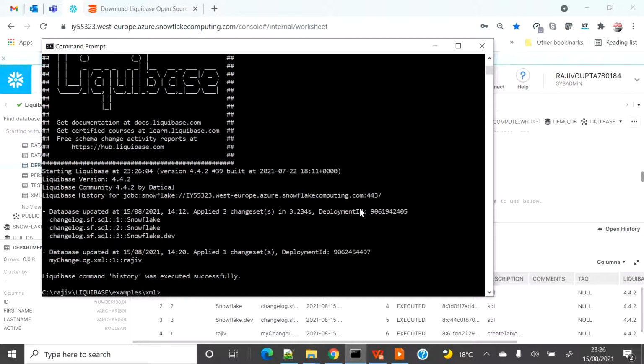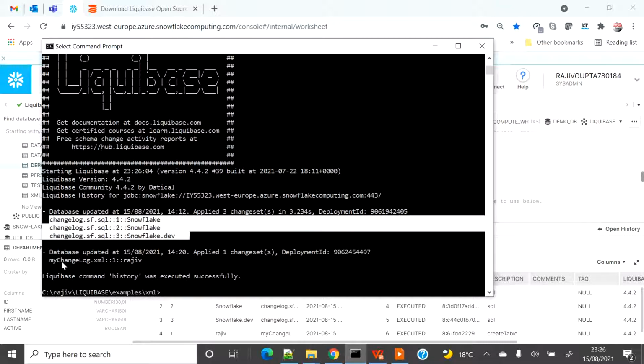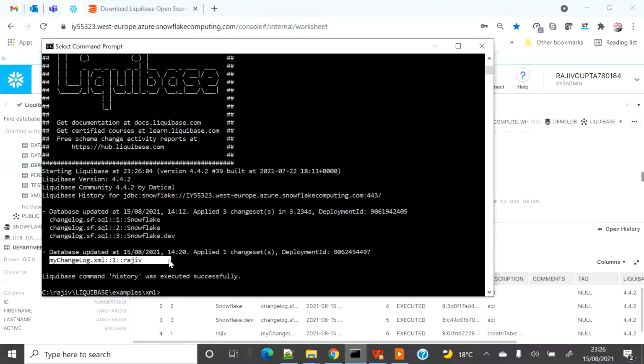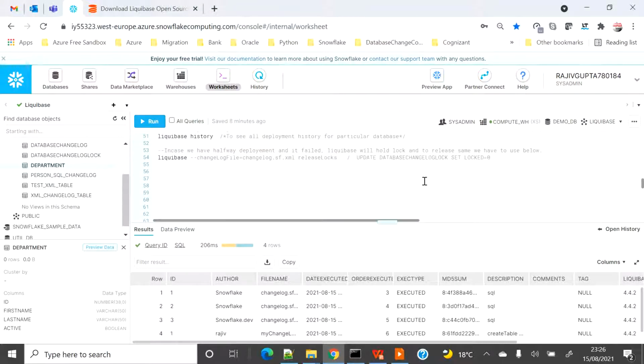So this is my Snowflake account and we are using the JDBC driver to connect to Snowflake, and these are the 3 change sets which we applied first, and then this is one single change set which we applied second, and then the third one which we applied has been reverted by the rollback statement. So all the change sets which we have applied are already listed.